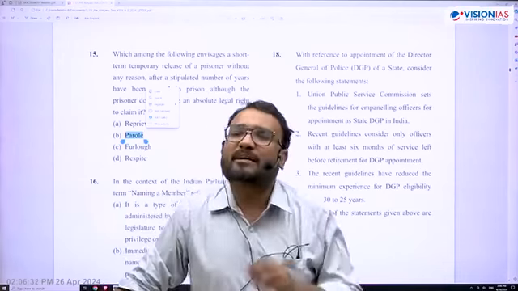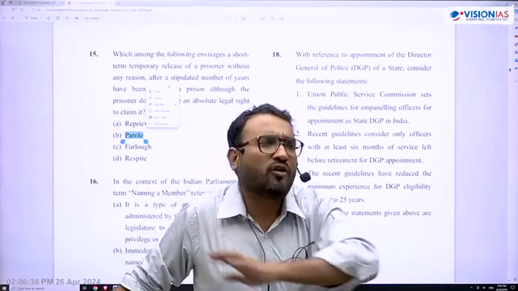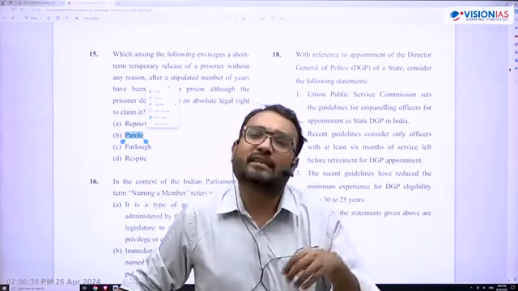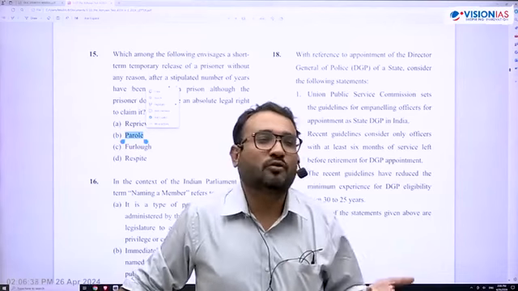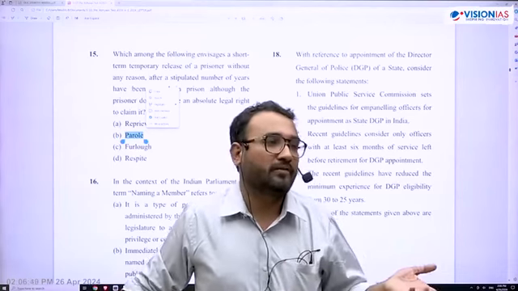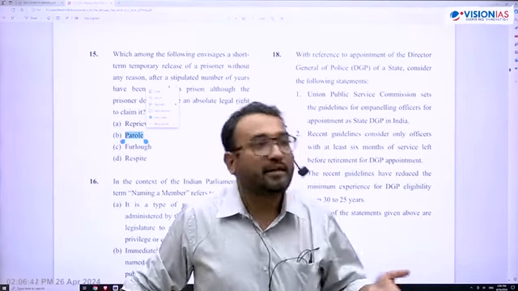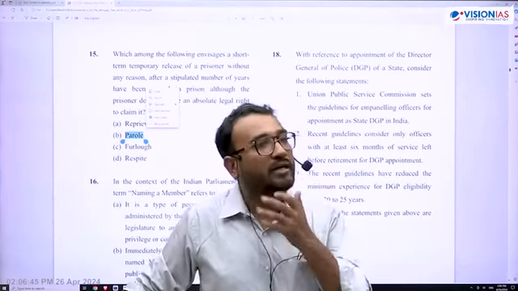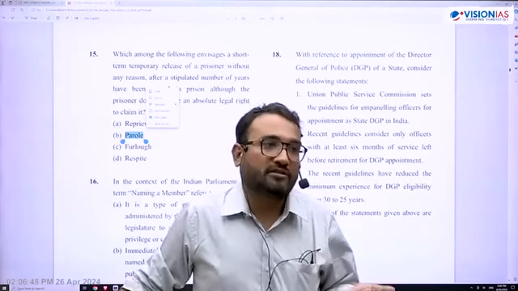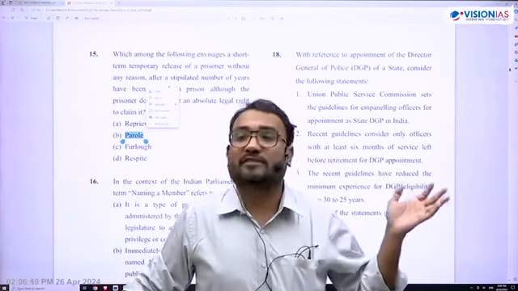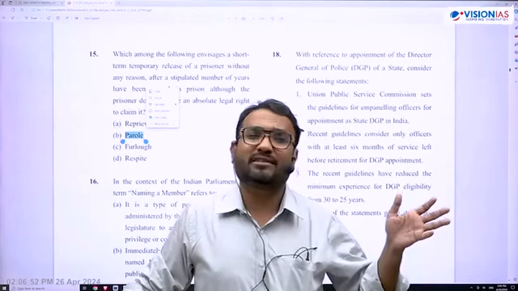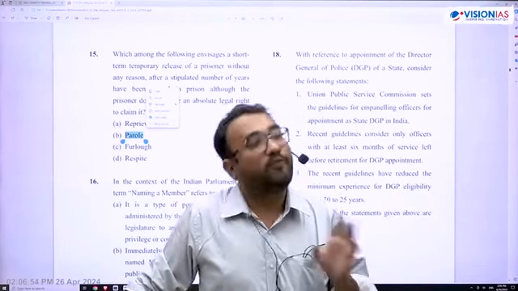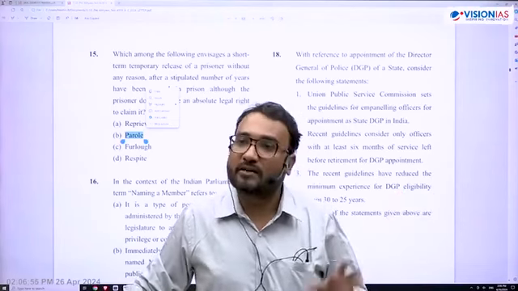Furlough, generally, when a prisoner is in jail for a long period of time, then there is monotony. Meaning he becomes monotonous, so he is released for a particular period of time. A reason may not be necessary there. He is released, and generally furlough is given. Generally furlough is given, but for parole there is a strong reason. Generally furlough is in long sentences, where you are in jail for long years, then you are released in between. Furlough is earned by your good behavior, by your days in jail.